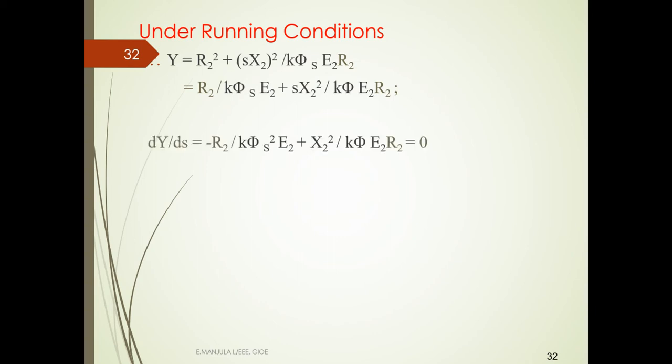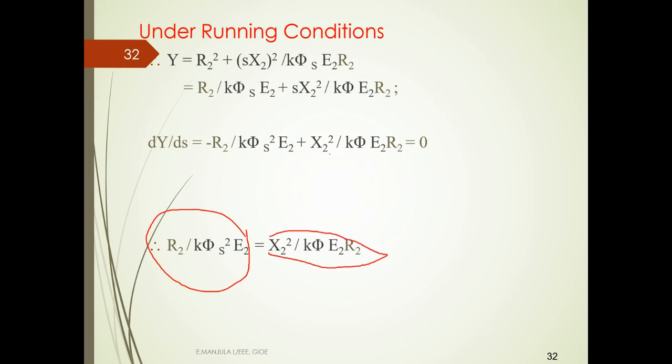So dy by ds is equal to minus R2 by K phi S square E2 plus X2 square divided by K phi E2 R2 is equal to 0, which we are equating to 0. So this is equal to this,